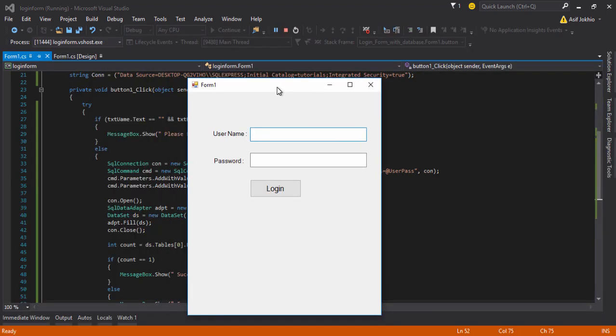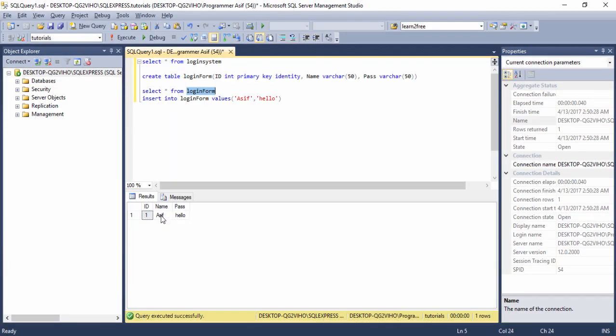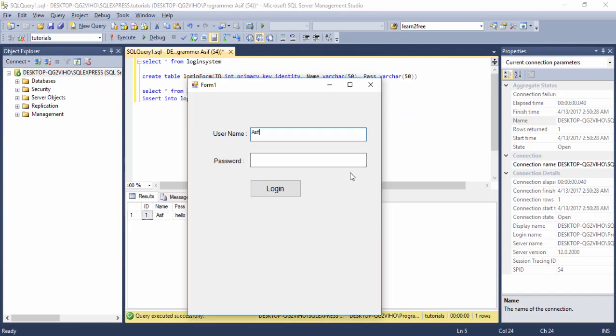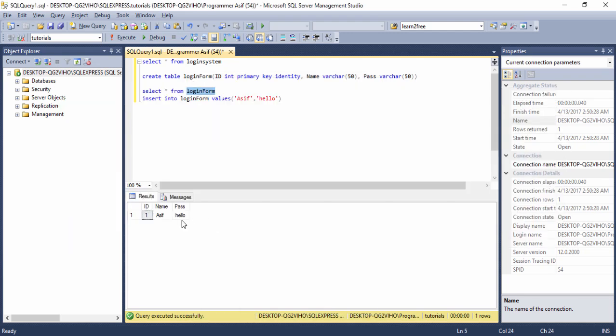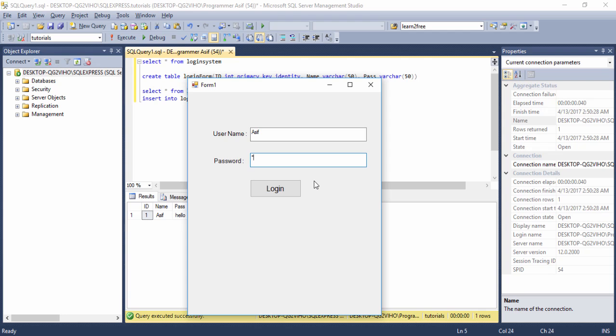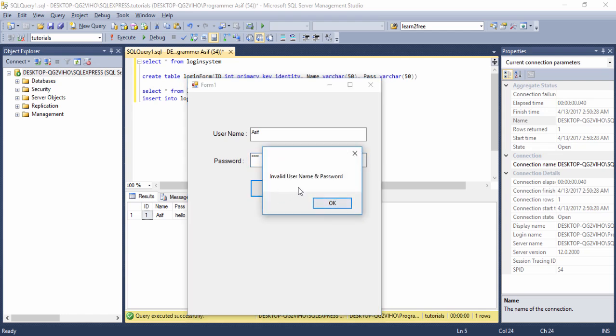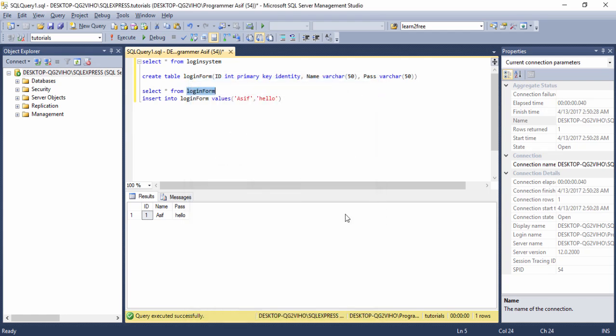I run the form and enter the name like Asif, and here the password is hello, and I write hello, right? And simply click the OK button. Login button, here is a successful login. If I enter the wrong password, you can see here invalid username and password. And another